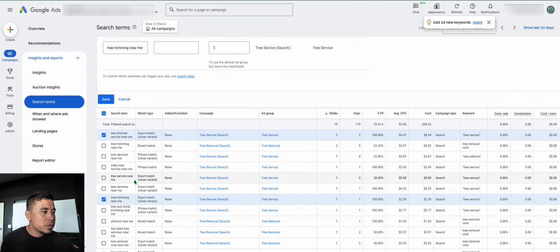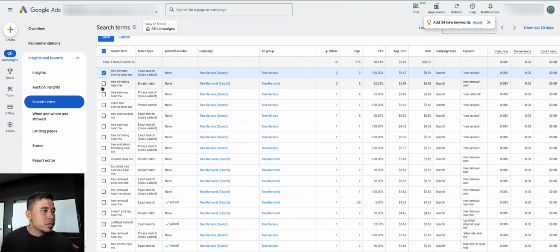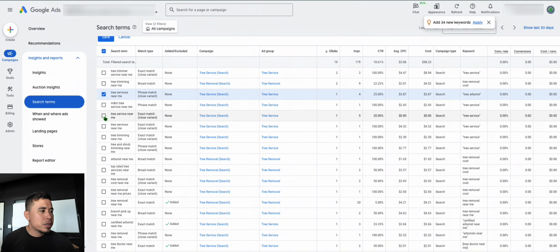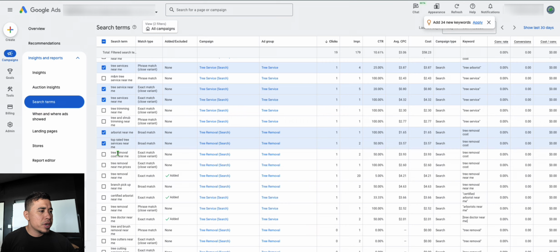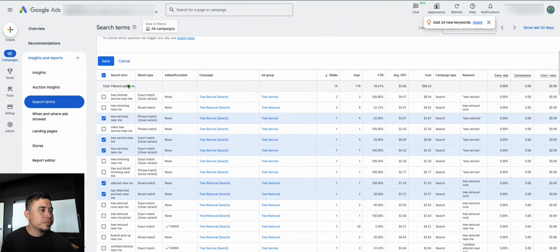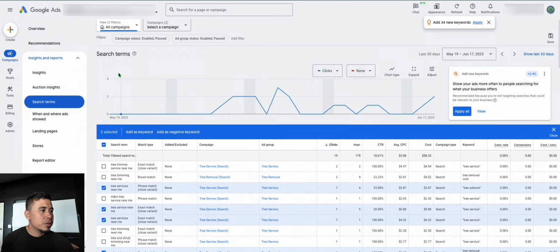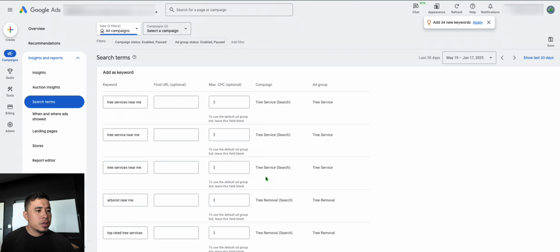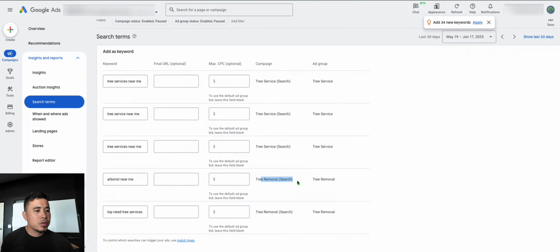But let's see, in this case we don't have it. So I'm going to look for things that I can show you right now. Let's see, tree services near me, tree service near me, arborist near me, top rated tree services near me. So you kind of get the picture, and what I'm going to do is add these as a keyword, and I want all of them to go to this campaign because they all say tree service. So I'd actually update the final URL for this one